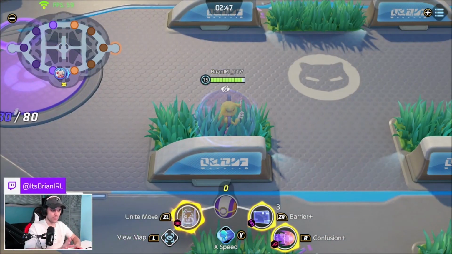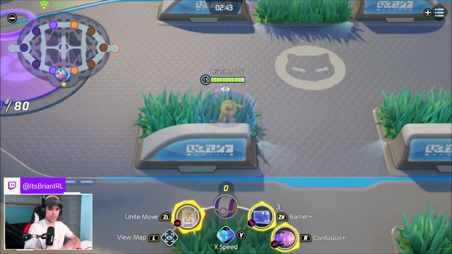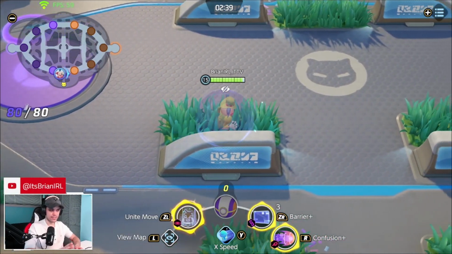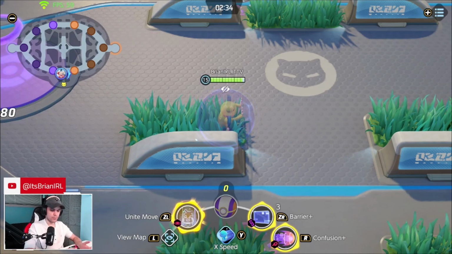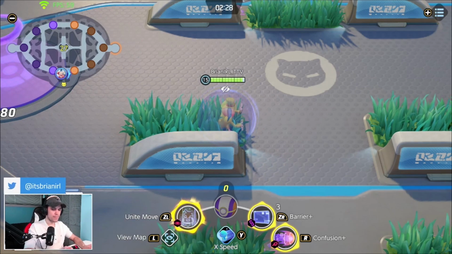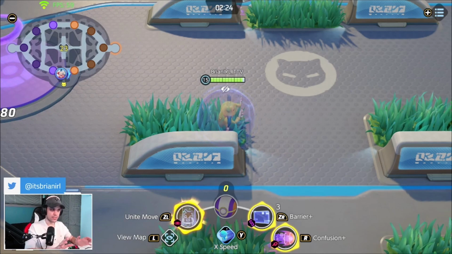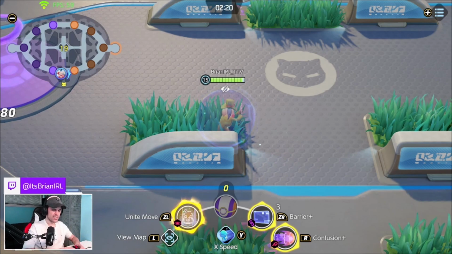Another good spot that you want to get used to is hiding in the grass. Hiding in the grass is always going to be your best friend with Mr. Mime. Because of the fact that, like I said before, everyone's kind of expecting the wombo combo with confusion and barrier, or at least confusion from Mr. Mime, people are usually going to end up trying to keep their distance away from you as often as possible. So anytime you're able to hide in the grass, you want to do so because it's easier to catch